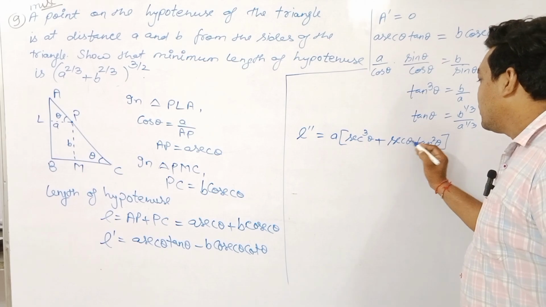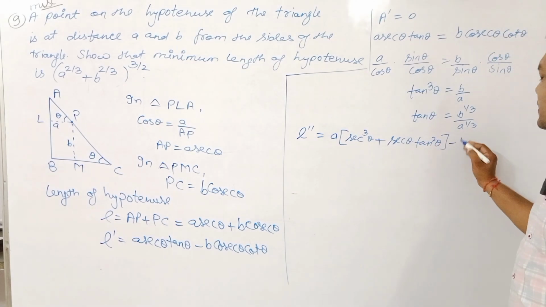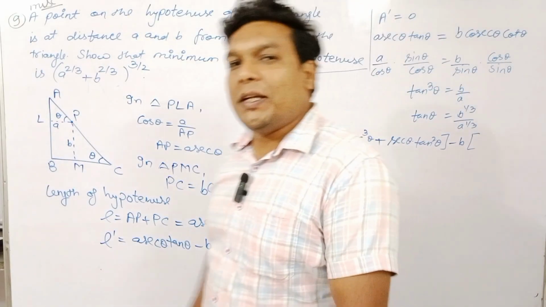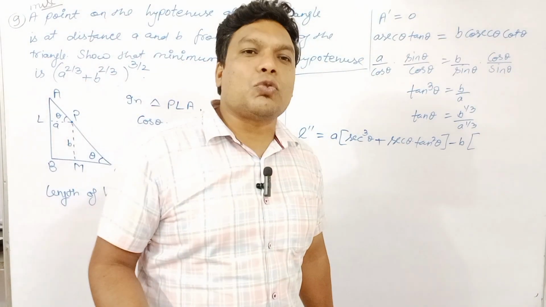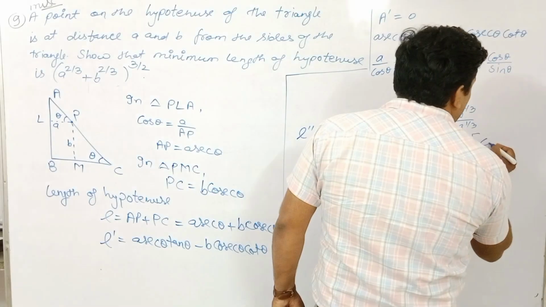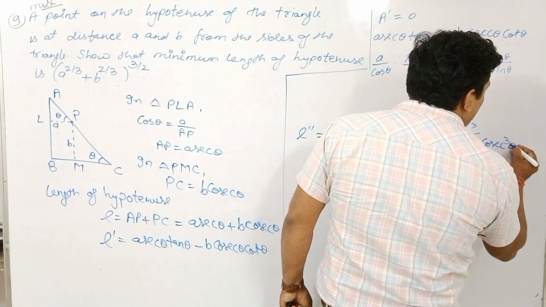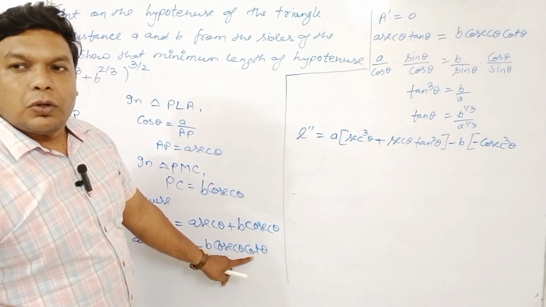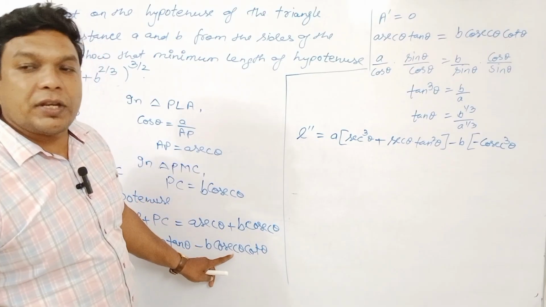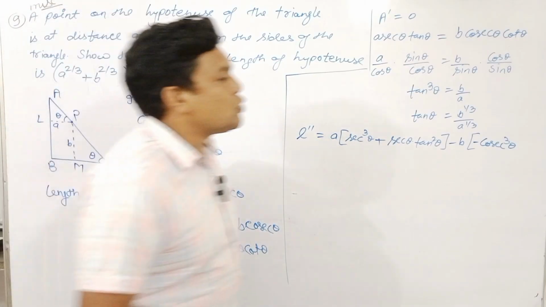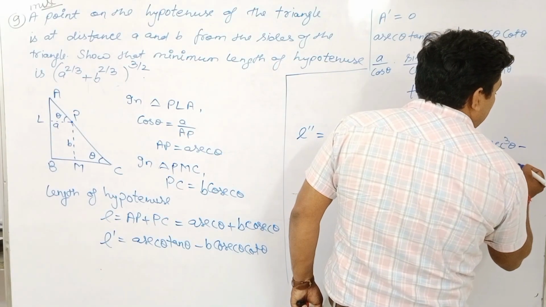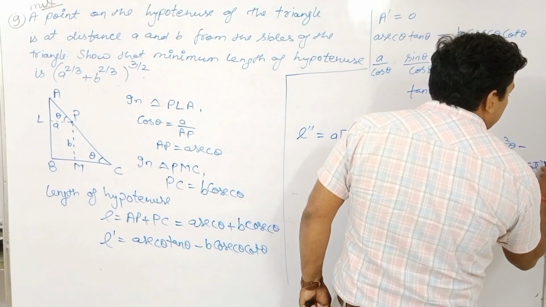Is it okay? Now minus b. What it will be? Cosec theta as it is, differentiation of cot theta is minus cosec square theta. So what it will be? Minus cosec cube theta. Is it okay or not? Now plus cot theta as it is, its differentiation is minus cosec theta cot theta. So it will be minus cosec theta, I am writing here, into cot square theta.